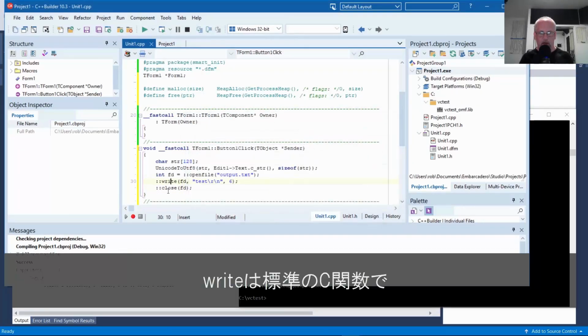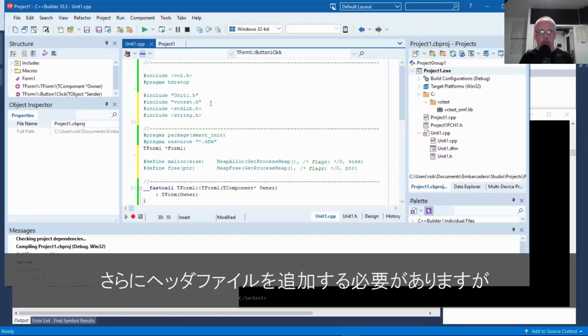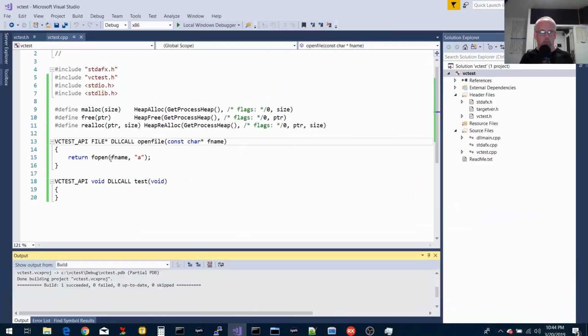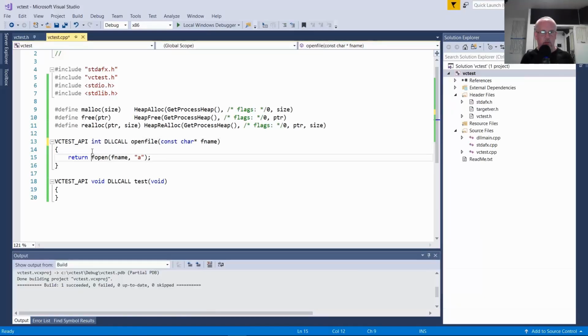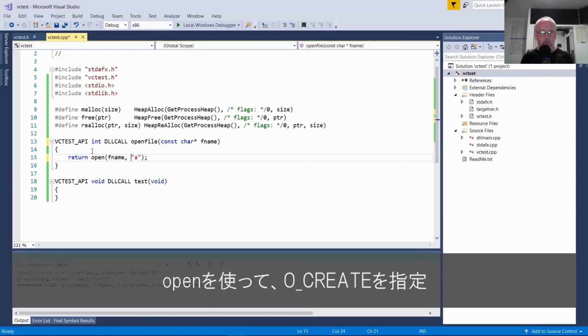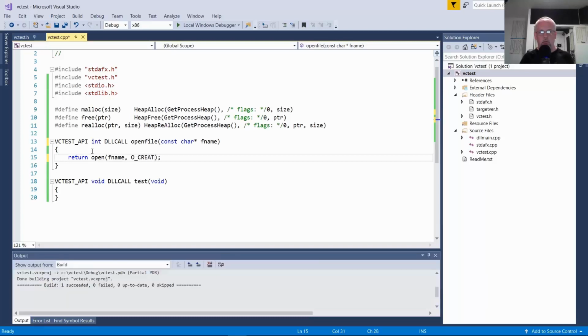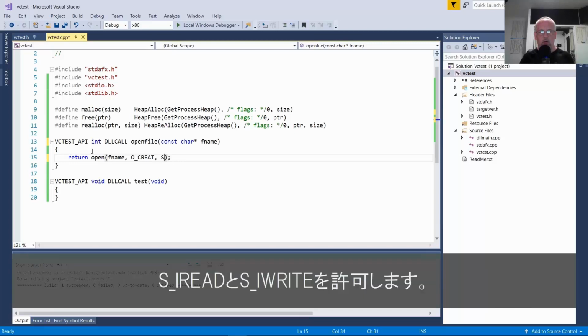Write is a standard C function. Might need to include some more headers here, but first let's change openFile here to instead return an integer. File descriptors are integers. We use open, create. If it has to create it, then you get S_IREAD, S_IWRITE permissions.